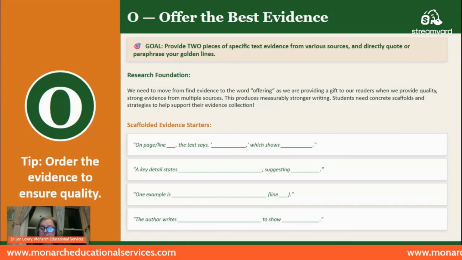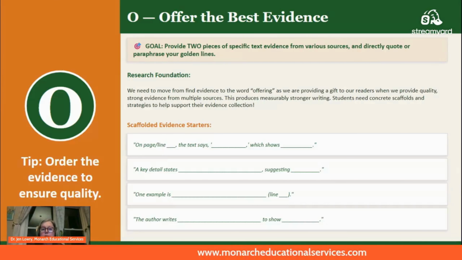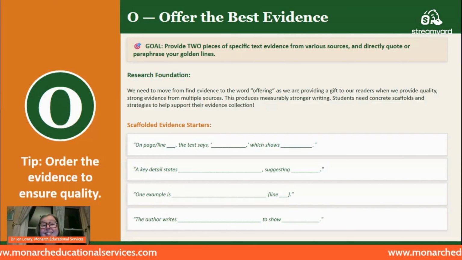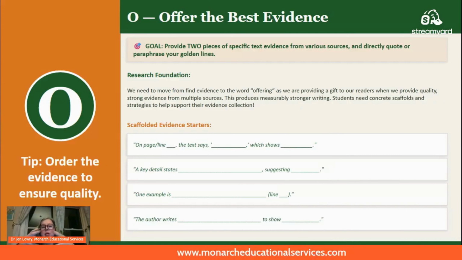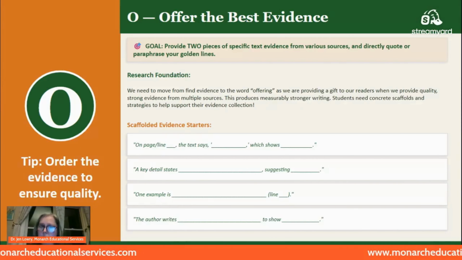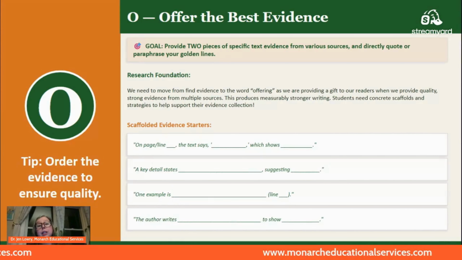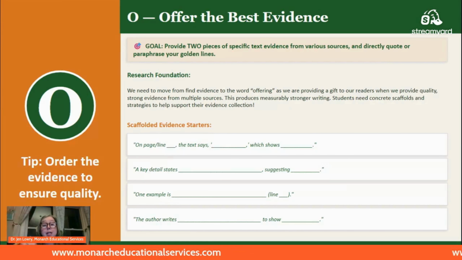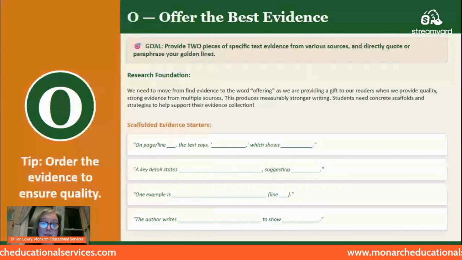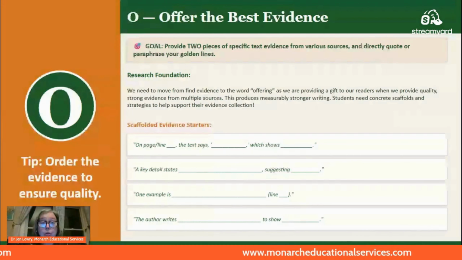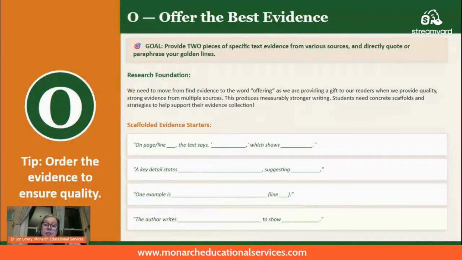So offer the best evidence, okay? And I just love the word offer here. To me, it's intentional, it's purposeful, and I think it elevates the way we can express this step to our students, so they can understand that this is really where the heart of the work is, right? If you don't have good evidence, if you didn't get a good gift, you're going to be a little disappointed. So you want to give the best gifts, and you want to receive the best gifts as a reader. So what did that author offer to you? So yes, I'm sticking by offer the best evidence. I love it. I'm going to use it forever.